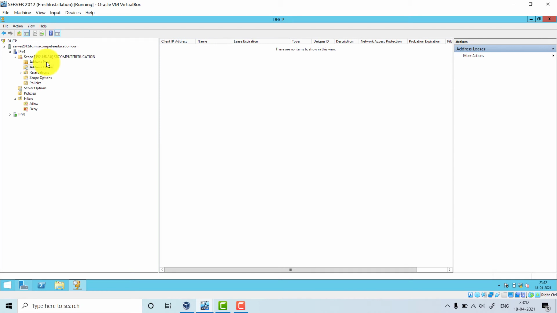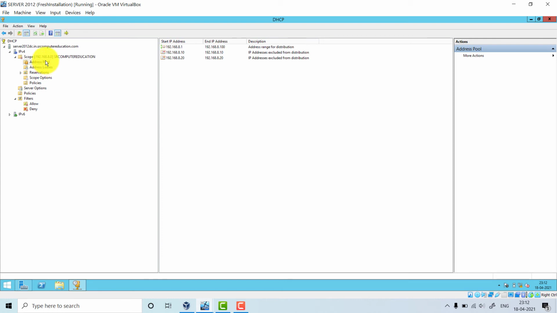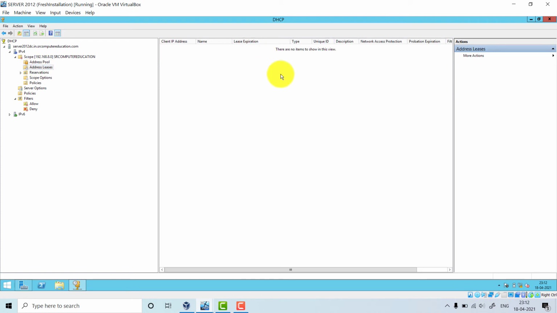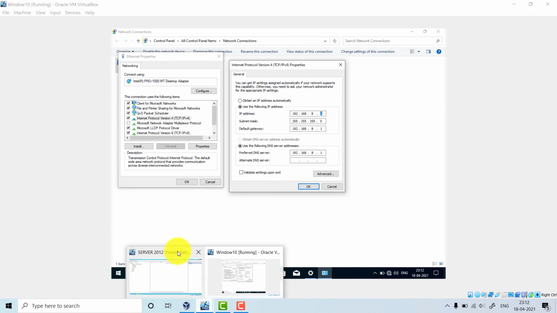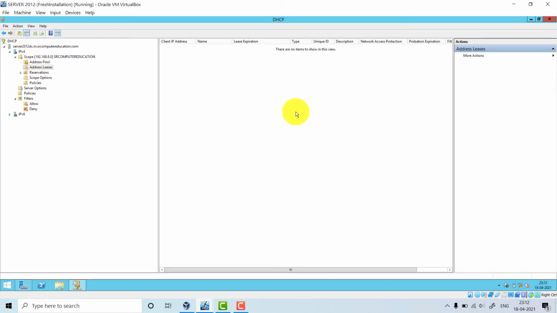Address leases. Okay, we have not given any address so for lease, so we don't have that right now. Okay, see here, it is also interesting. This is also the address pool. We have not given any IP using this DHCP server till now. When we assign the IP to this Windows 10 machine using the DHCP server by clicking on obtain an IP address automatically, you will find here under address leases the entry of the Windows 10 client machine. You will find the MAC address. You will find everything about it.